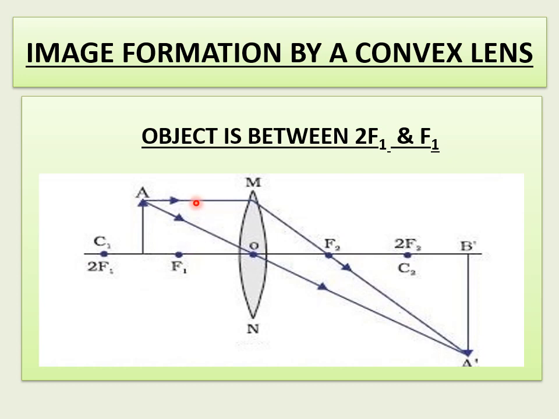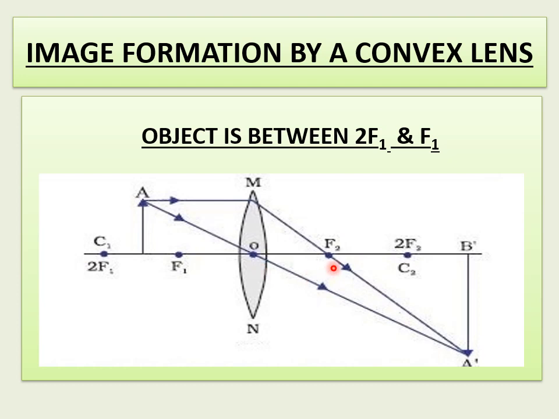A ray parallel to the principal axis. So this is your ray. After refraction, it passes through the focus. So this is extended up to here. Now, one more ray you have to take. What is that? A ray passing through the optic center. We know the whole story. What is that? It goes undeviated, or straight.